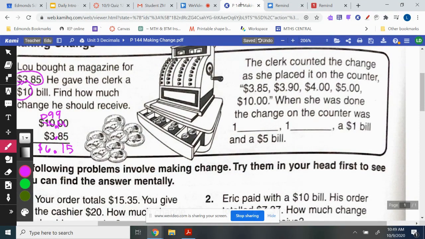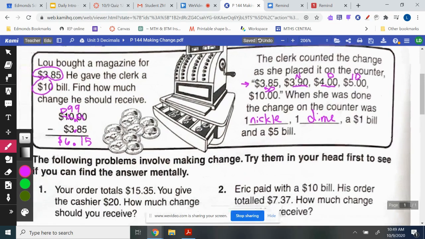3.85 was the amount, and then she went to 3.90, adding 1 nickel, and then to $4, and I'm going to just put some letters on top, a nickel. Then she added a dime, and then she said $5, so that would be a $1, and then she gave $5, showing $6. So when she was done, the change on the counter was 1 nickel, 1 dime, a $1 bill, and a $5 bill,